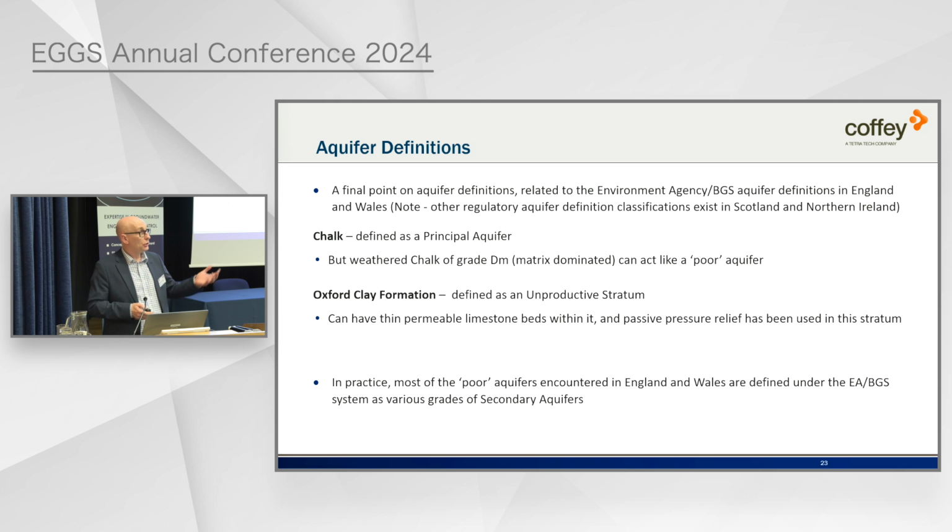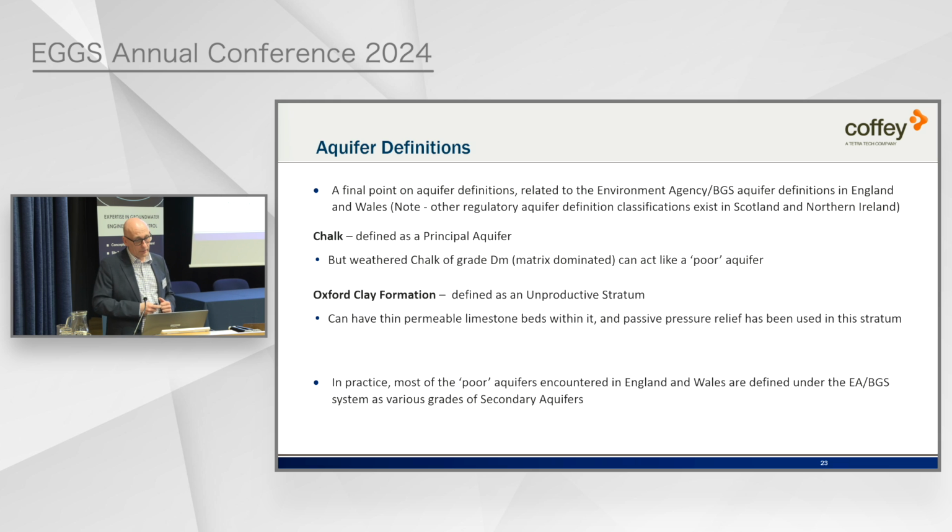To pick the example of chalk. Chalk is clearly a principal aquifer. It's very widely used for water supply. But in the weathered chalk, if you get grade DM chalk, which is matrix dominated, and I hesitate to say it, with David Norbury in the audience, a chalk expert, but essentially, in hydrological terms, DM chalk is a poor aquifer. Permeability maybe 10 to the minus 7, something like that, but it's in what appears as principal